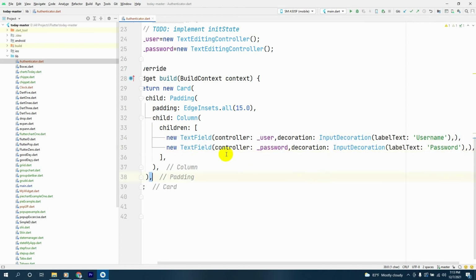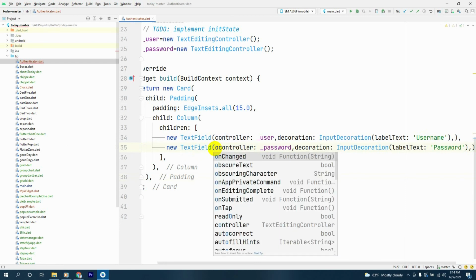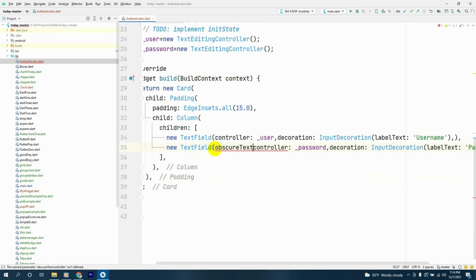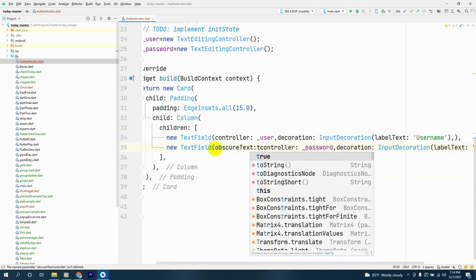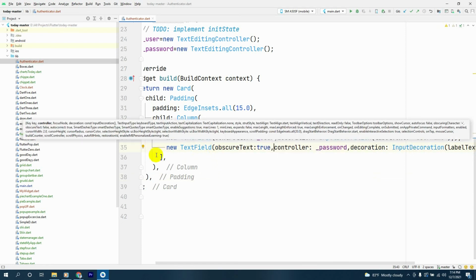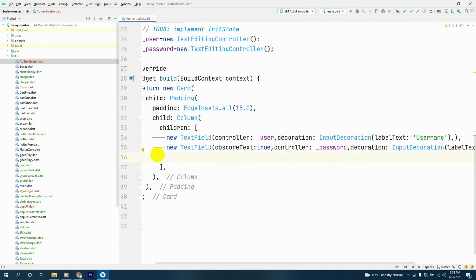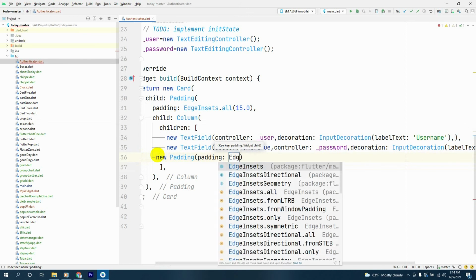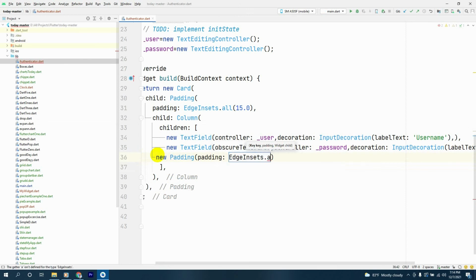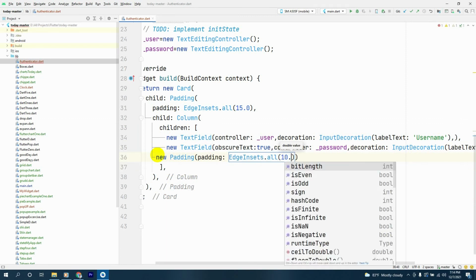and next thing, for obscure text we'll give true, and next thing we'll have new padding, and it will be edgeinsets.all 10.0,